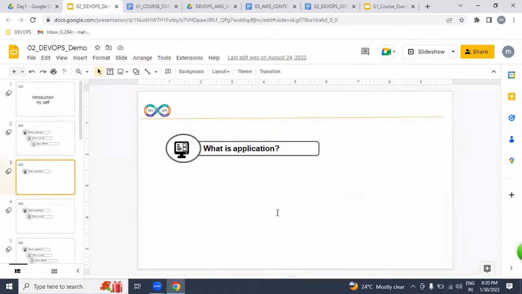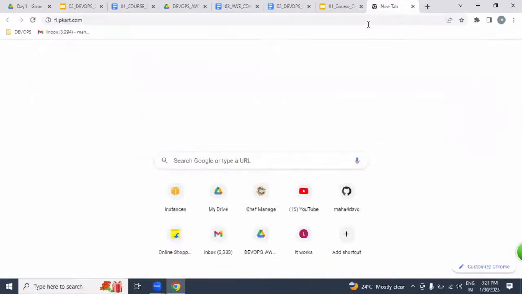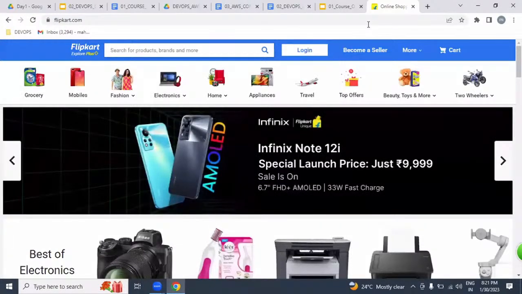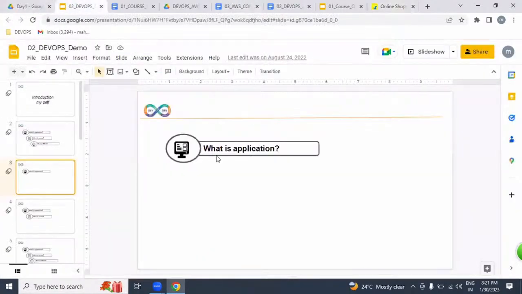In this DevOps process, we have plan, code, integration, testing, release, deploy, and operation. As a DevOps engineer, our roles and responsibilities start from the dev environment and end with operations. That means we are part of coding, integration, testing, release, deploy, and operation. But to be frank, we are not part of planning, we are not writing any code, we are not writing any test cases. Just we are going to be implementing